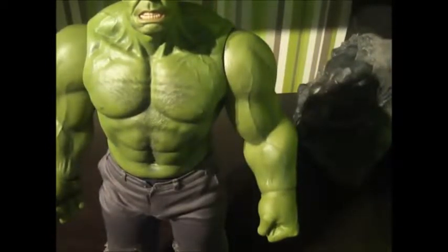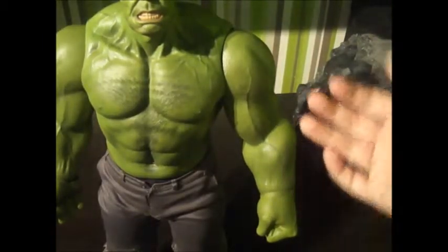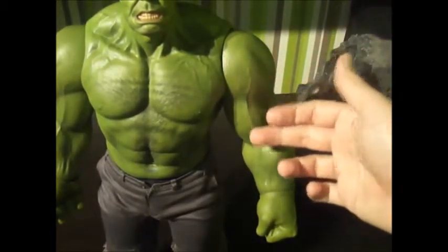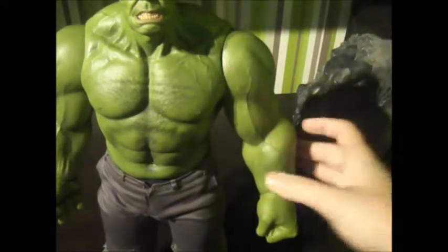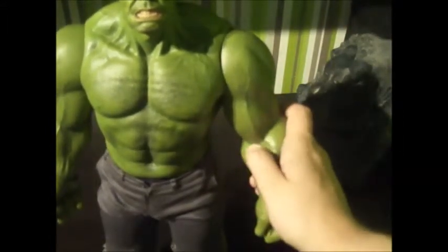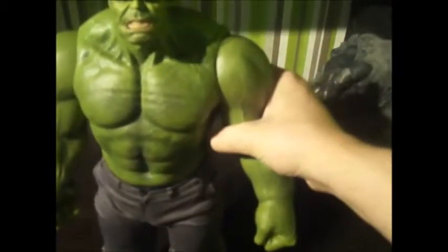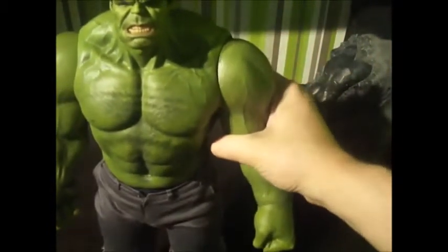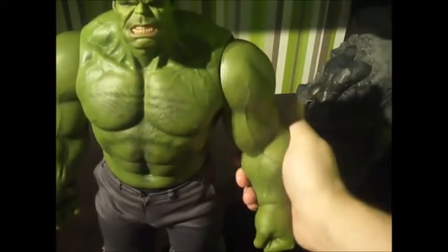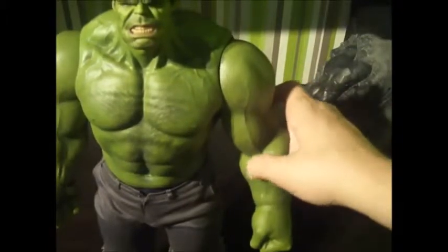Okay, so there is his arm, and to be honest it's really detailed. You could see blue veins on it, you could see the vein running down here. It just looks amazing. It's as if he's been really working out in the gym a lot. It's quite hard because there's no padding or anything in here, which is pretty cool. So when you squish it, it doesn't exactly just go bleh. It's quite hard, tough. I'd say plastic, to be honest. It is really plasticky, but you can see here my thumb is actually sort of going in, and that's just to accommodate